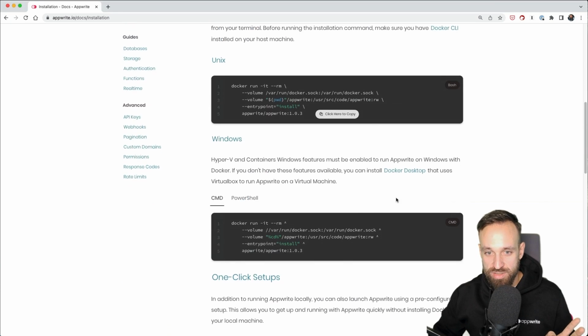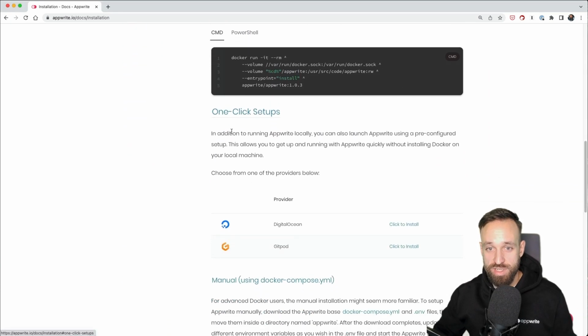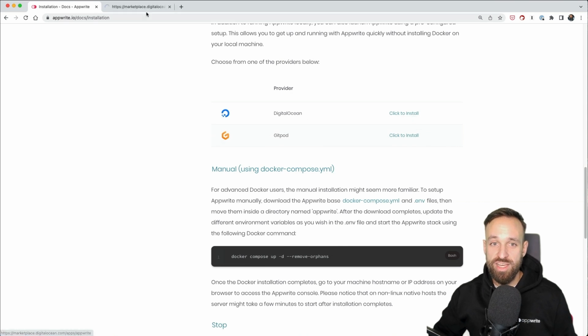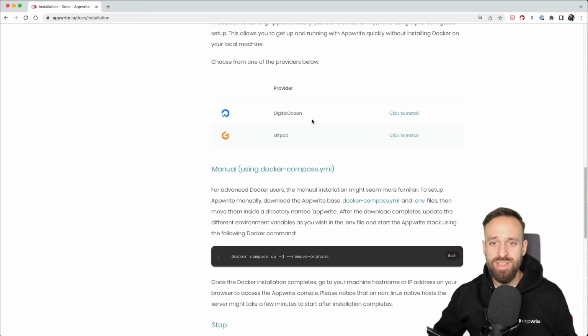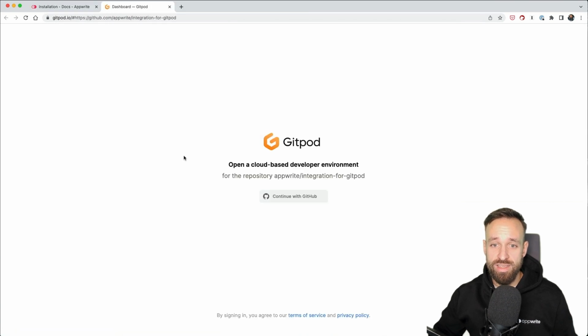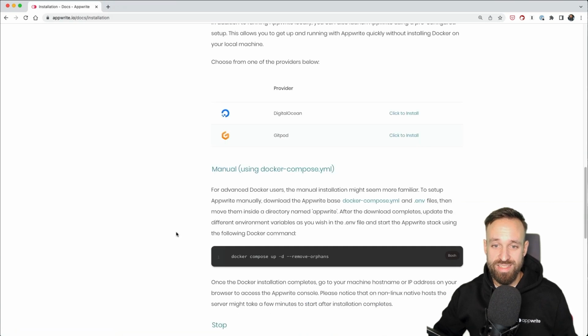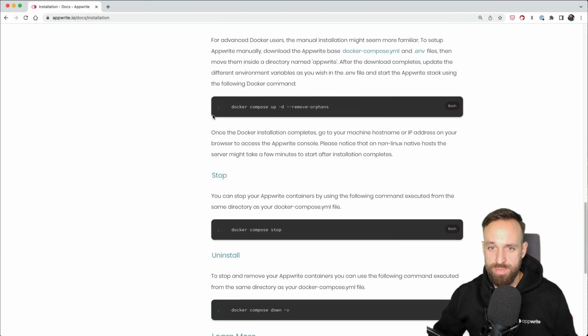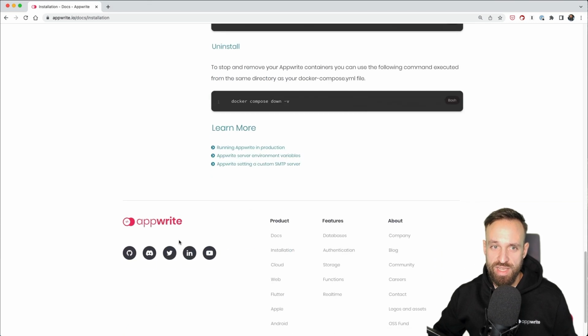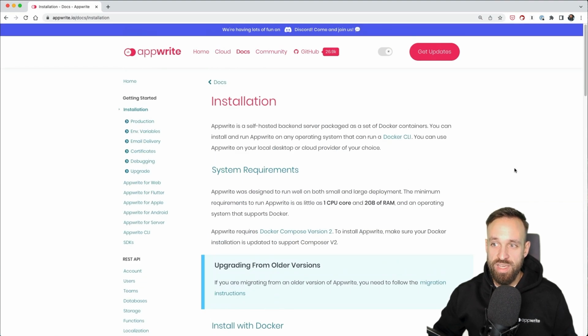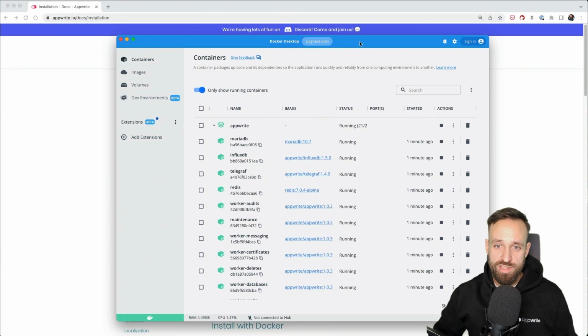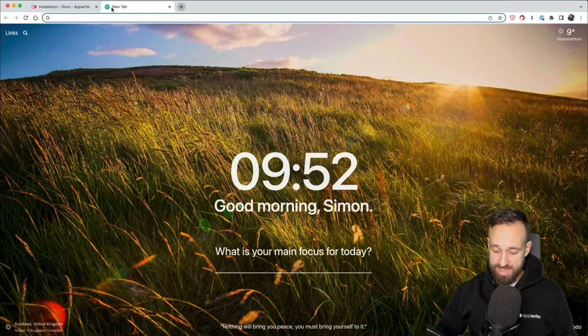However, if you don't like Docker, there are still other ways. There are one-click setups, which are pretty cool. I actually gave this a try as well. Did I take it down from the marketplace? I definitely used the DigitalOcean one-click setup. There's also a Gitpod one-click setup. You can also do it manually, but we're gonna get into this, how we can use it more once we dive deeper into this. For now, this should be installed, and since we use the default settings, it should be